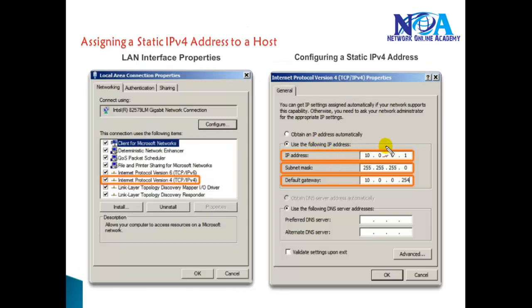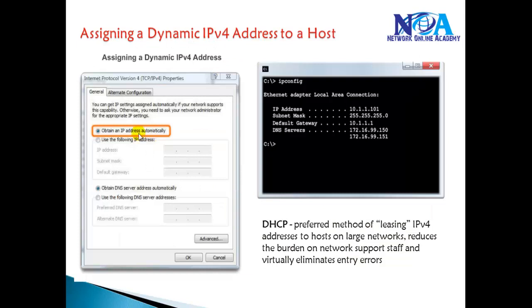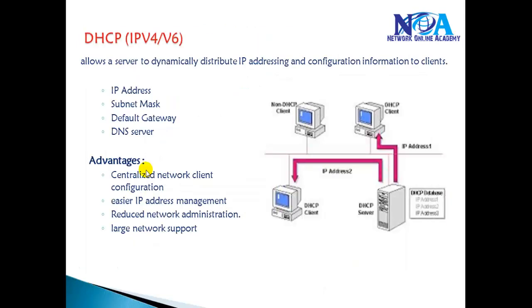There are multiple ways. Either we can configure the IP address manually by going to each and every device, but in most cases in big networks we prefer to get the IP address automatically from the DHCP server. That's something we are going to see in this section. One of the major advantages with DHCP is that it provides centralized network client configuration, where you maintain the complete client IP address assignment on the specific centralized DHCP server.